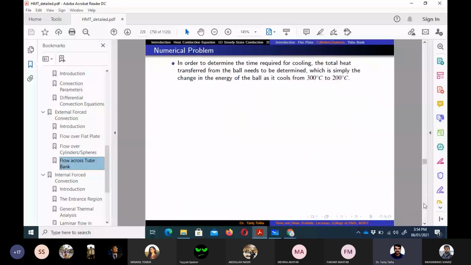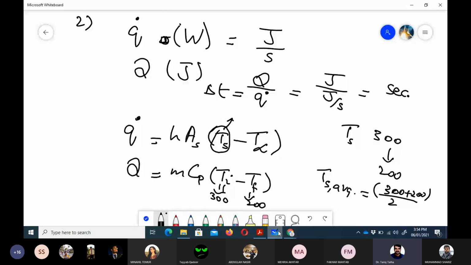And then in order to determine the time required for the cooling, the total heat transferred I have explained. So Q is equal to mCp delta T. m is basically rho into volume. Rho is given in the data, and volume we know that is equal to